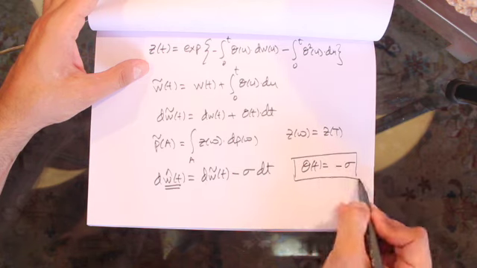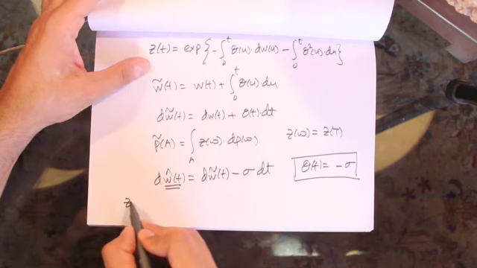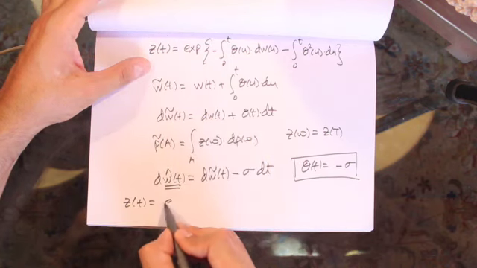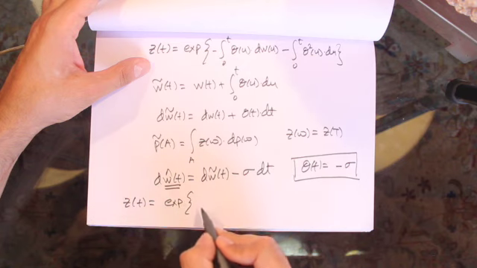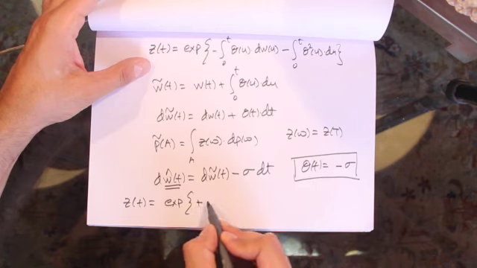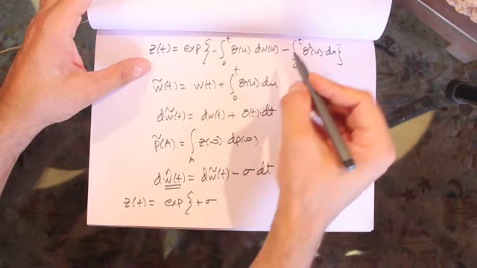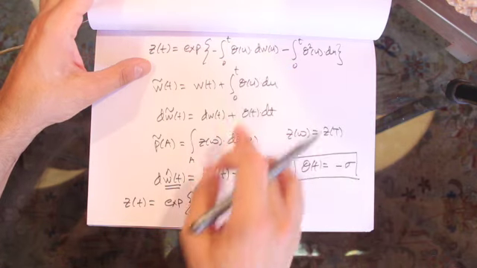Okay, so if we define theta(t) as minus sigma and we compute the Radon-Nikodym derivative as minus integral, theta is minus sigma,